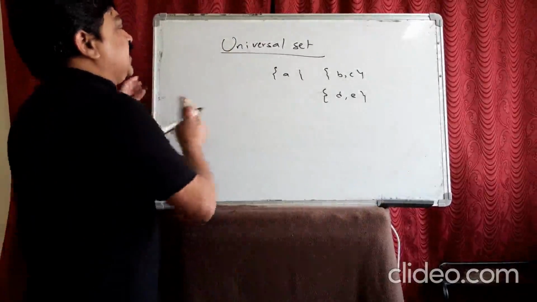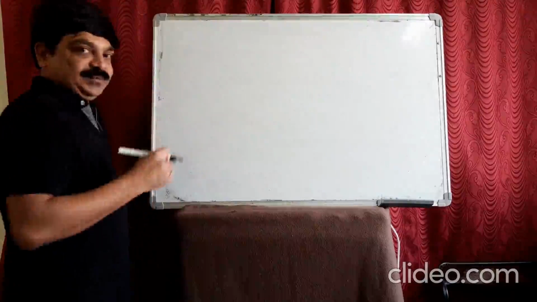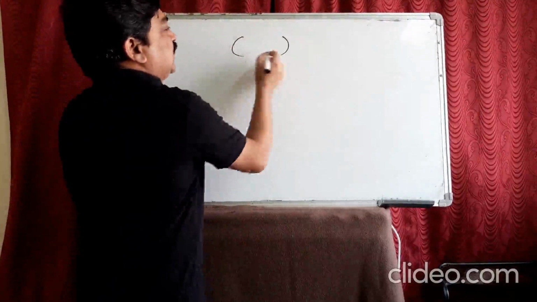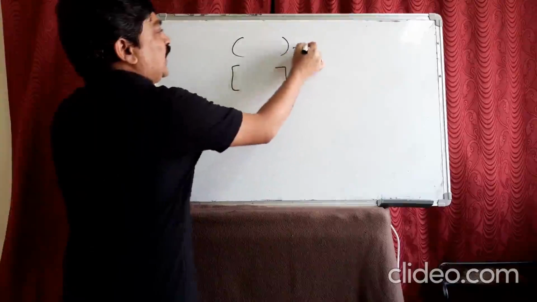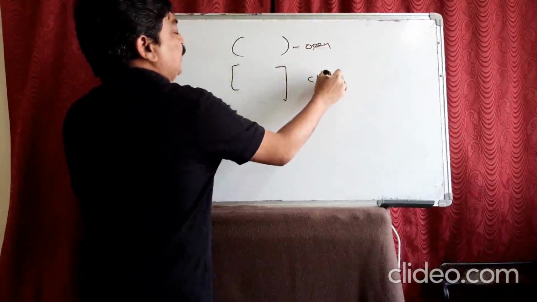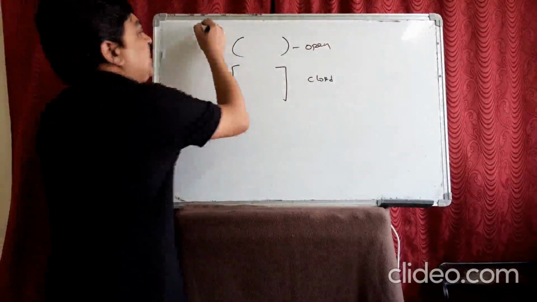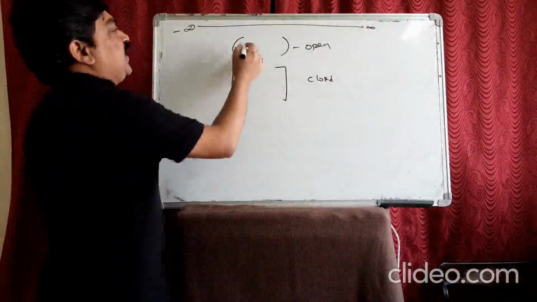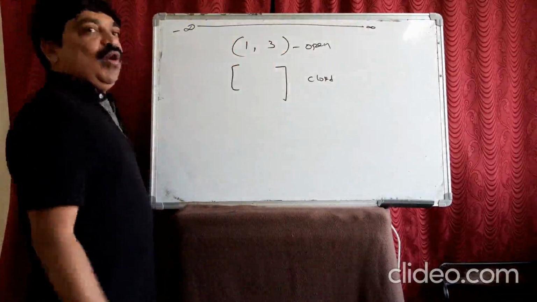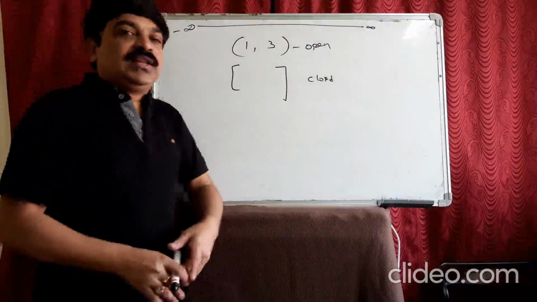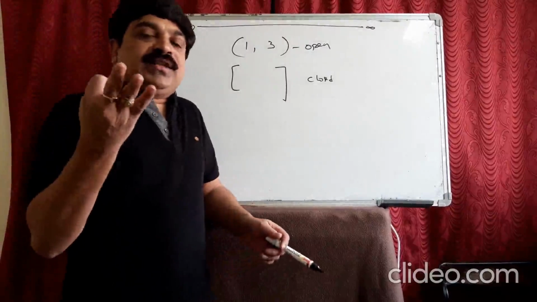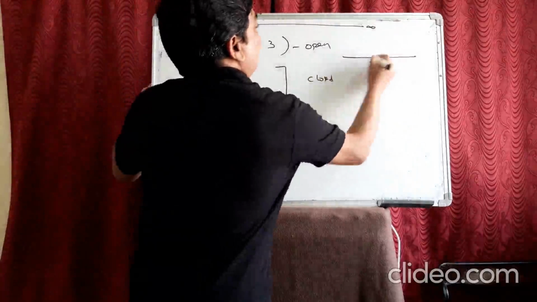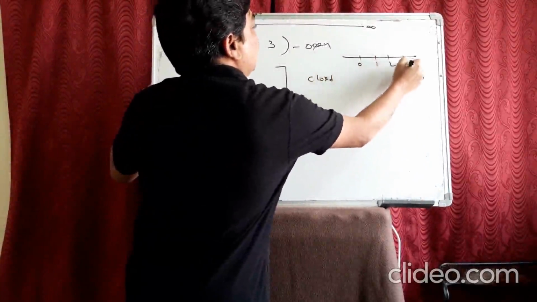Now the next concept is writing the numbers in intervals. How to write the numbers in intervals? There are closed brackets, and this is an open bracket, open, and this is a closed bracket. What does it mean? This basically defines the real numbers, from minus infinity to plus infinity. Suppose I take numbers from 1 to 3, open. What numbers are included in that? Don't think that it is 1 and 2 and 3. No. From 1 to 3, in a number line, see, number line 0, 1, 2, 3, 4.